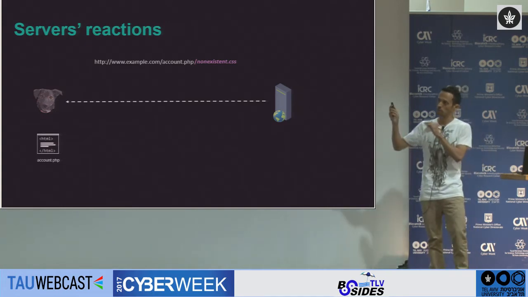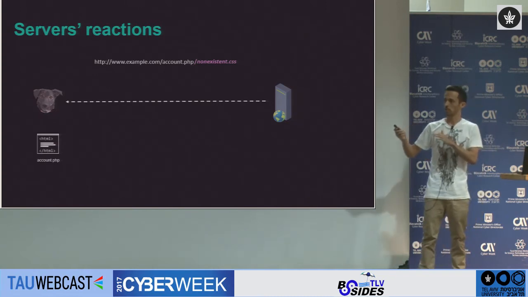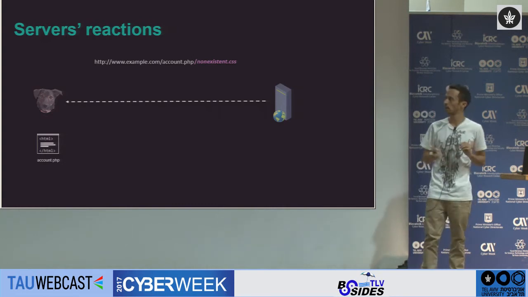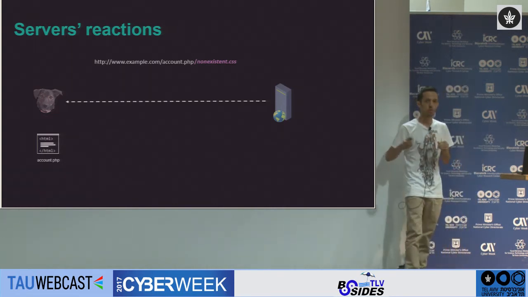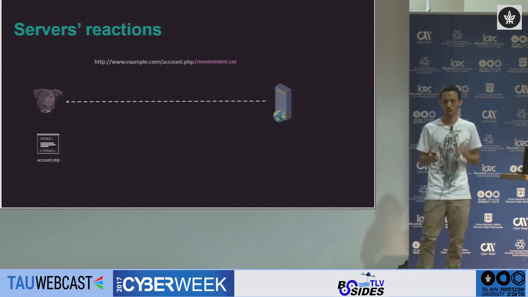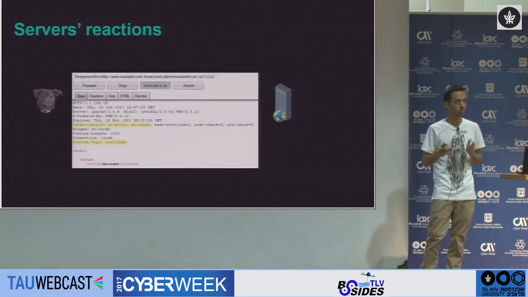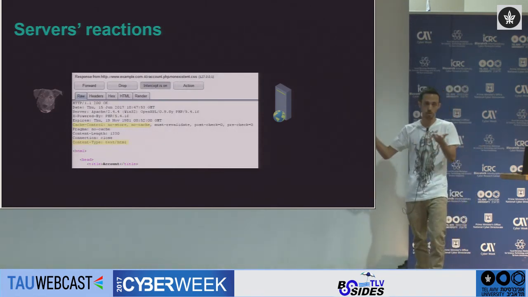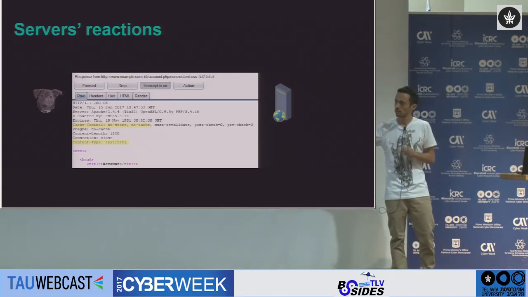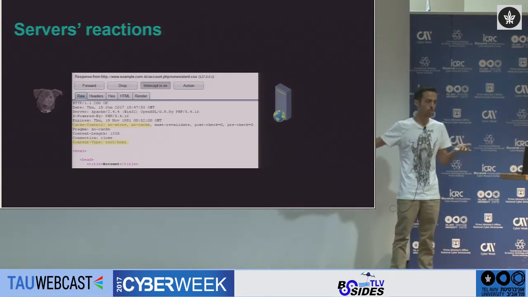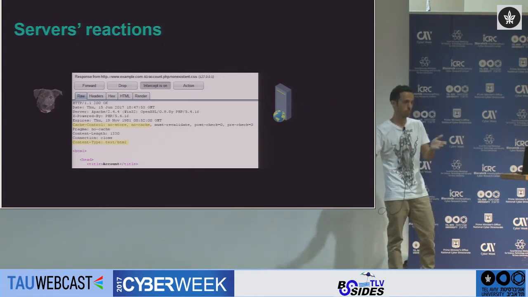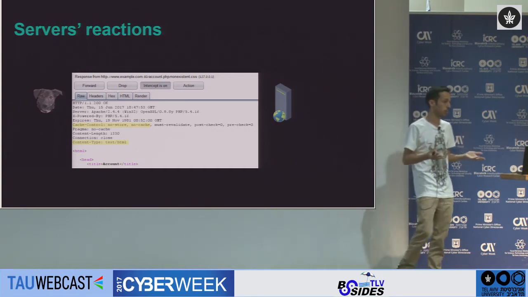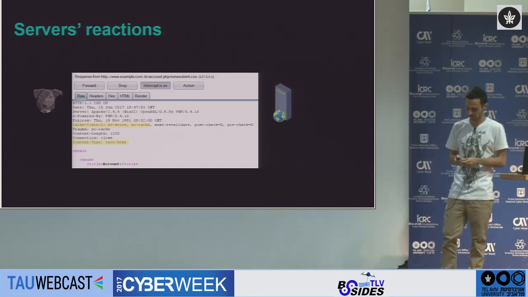So we know that for this weird URL, the content of account.php will be sent from the web server to the client. But what about the HTTP response headers? Will they match the dynamic PHP file or the non-existent CSS file? So as with the content, the HTTP response header will also match the dynamic PHP file. You can see an example here for the same URL on a similar web server. You can see that the file is returned from the web server with a no-cache directive matching a dynamic private PHP page. And at the bottom, you can see the content type, which is text/html and not text/css, okay?